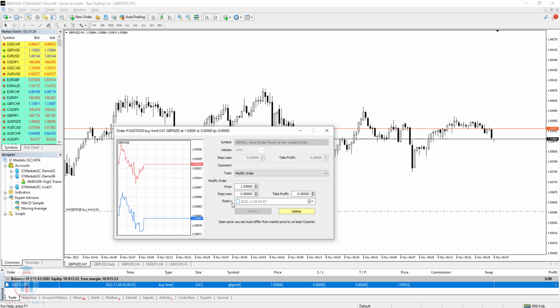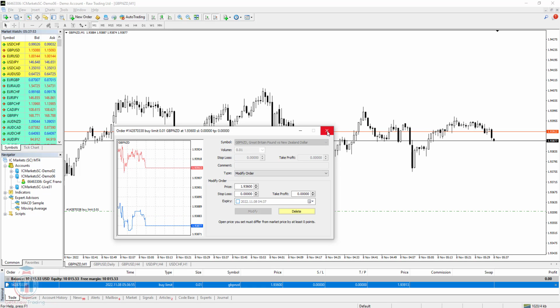Also there is a checkbox here where you can select when this order should expire. For example, if I put it in the next 1 hour, if the price doesn't reach this level, I want to delete this order. So I can put this expire in 1 hour and the order will be deleted automatically if the price doesn't reach this price level. I will not change this, but I will show you a second way how you can reach this window to